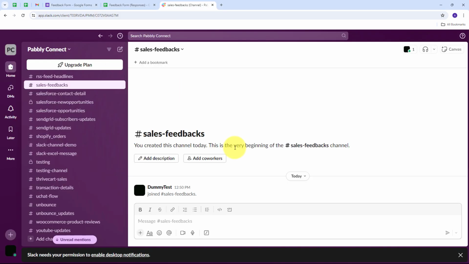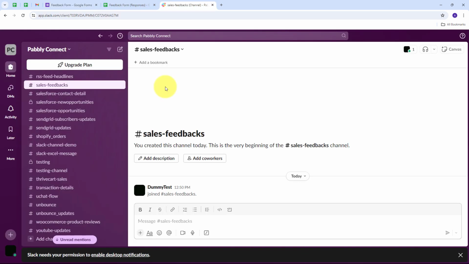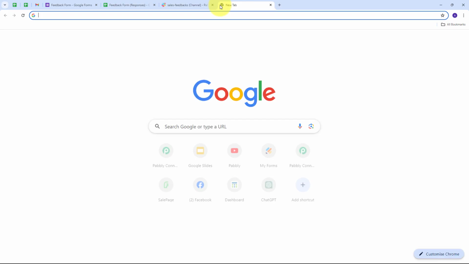Now for our objective, we are going to use Pabbly Connect, and with Pabbly Connect, we are going to build a connection between Google Forms, where we have created our feedback form for our sales, and Slack, where we have our team who can review this feedback and work to improve and grow our business. Here we are going to build this connection without any coding or programming skills, using Pabbly Connect. So how can we set up this automation and how can we use Pabbly Connect? For that, we need to open a new tab and search for